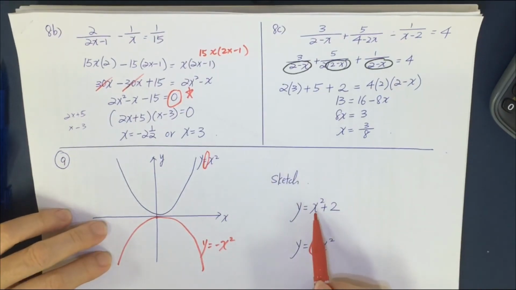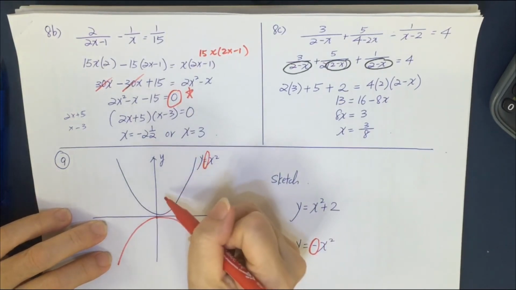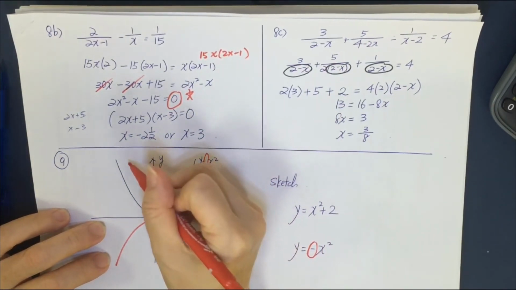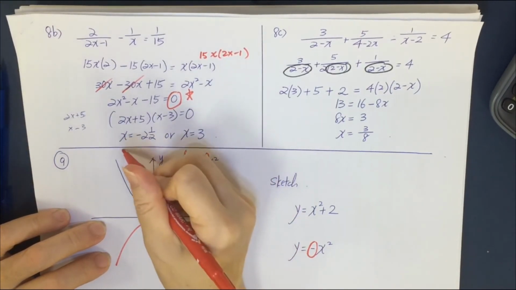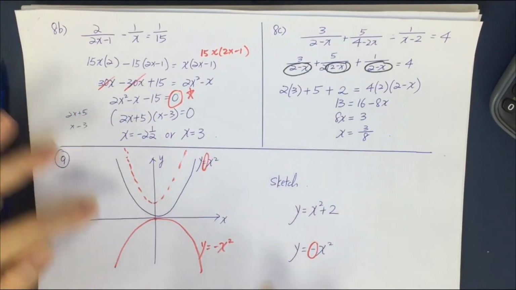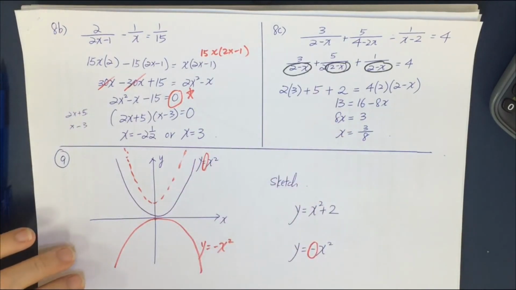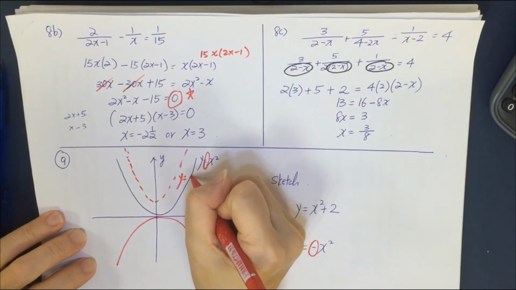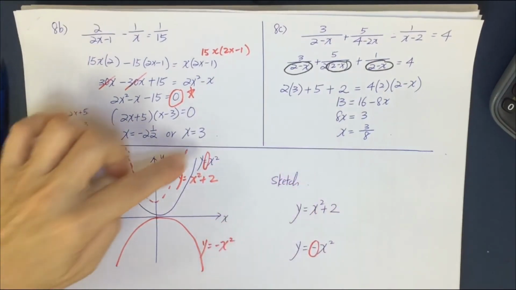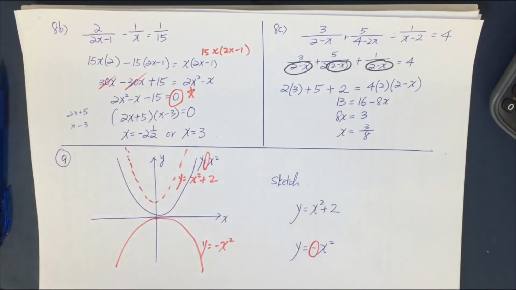So for example, you have a certain value y equals x squared, then every value is just plus 2, plus 2, plus 2, which means every point you plus 2. So it's just like this curve, you're going to move up 2 units, so the curvature should be the same. Okay, so this is y equals x squared plus 2. This one is y equals x squared, this is y equals negative x squared. Okay, so the whole